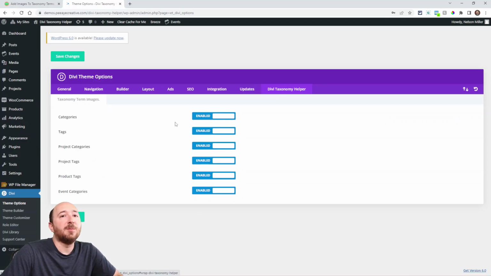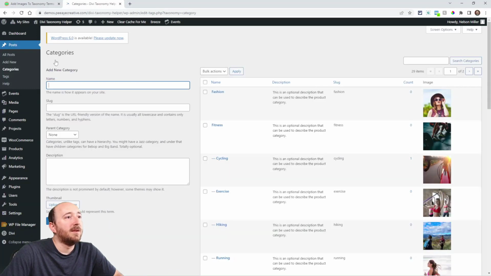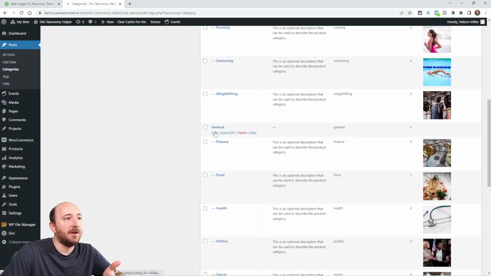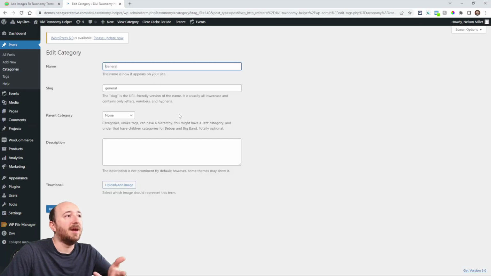I'll use the regular blog posts as an example here. So if I go up here, hover over posts, and then click on categories. Now I actually already have several categories in here and I've already added images. So if you already have one in here, that's fine. For example, here's one. I can click edit,